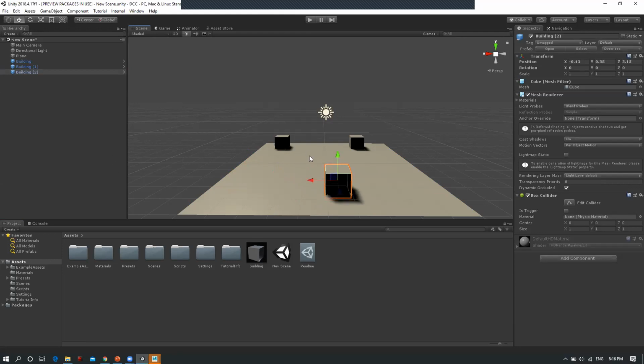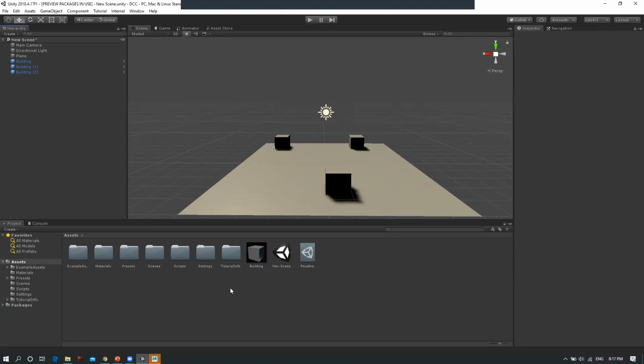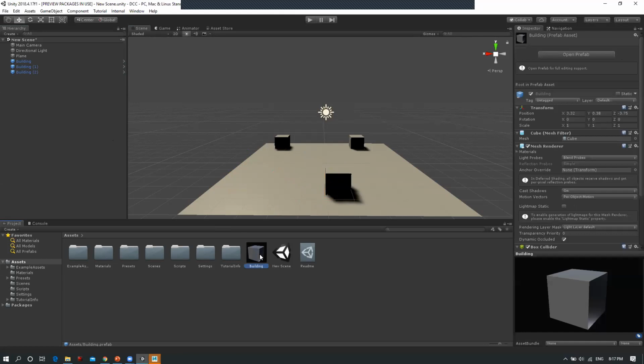This is an HDRP scene, that's why it's looking like this. There isn't anything going weird with this scene. Now I have created this building. One thing to note is I do have a prefab. I can export it as an FBX, and I can go and modify it in Maya. But the problem will be that the FBX file won't have any direct effect on Unity.